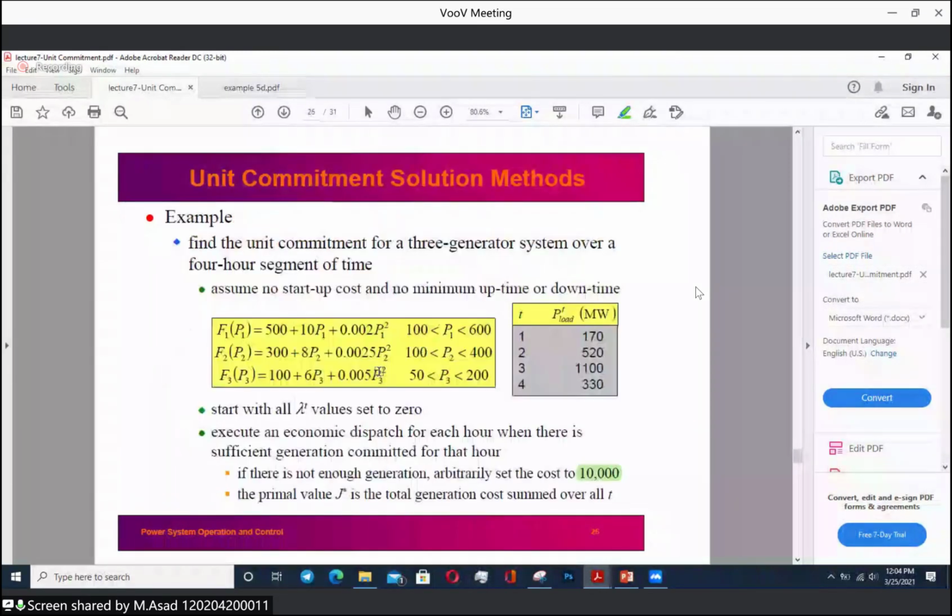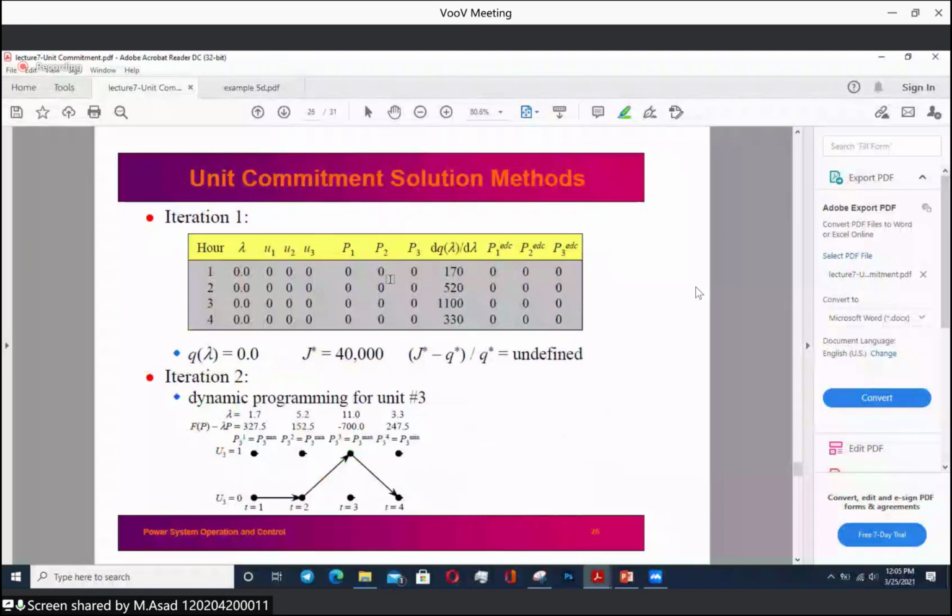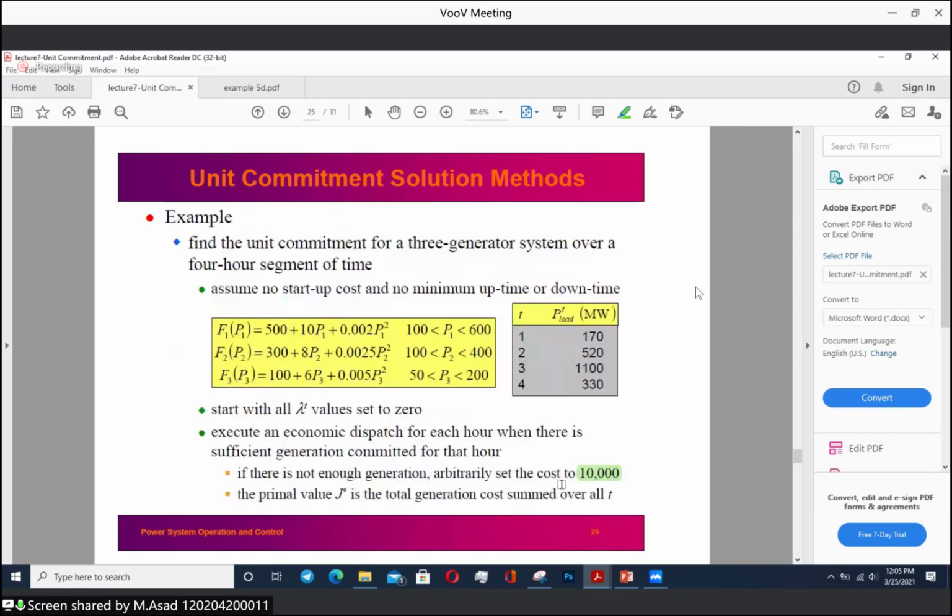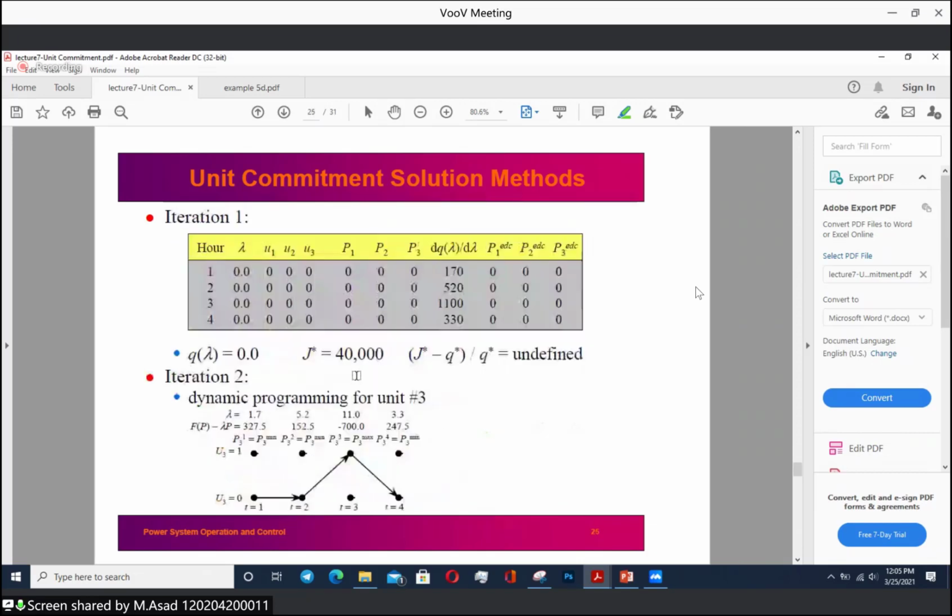So at the first iteration, we have all the units equal to 0, all 4 hours 0, 0, no one is running. So our lambda value is also 0, the starting value is 0, and our j prime value is summed up as 10,000, 10,000, 10,000, 40,000. And as the q is 0 at the start, our duality gap is undefined in the first iteration. Moving toward our second iteration,